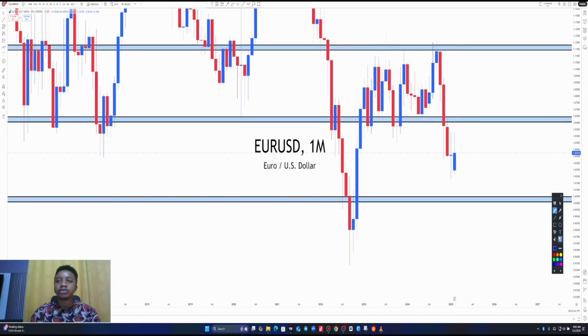But this range or consolidation period has been broken to the downside with a very strong push. So where is this push on the monthly going? This push is heading all the way to the next monthly support level below. So USD, we understand from the monthly that price is dropping all the way to the downside. But how are we going to be able to find selling opportunities to sell from here all the way to the downside? Let's take it further to